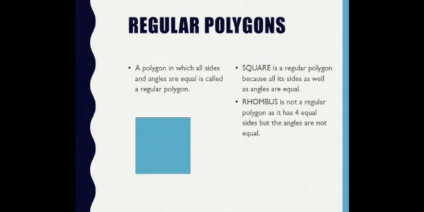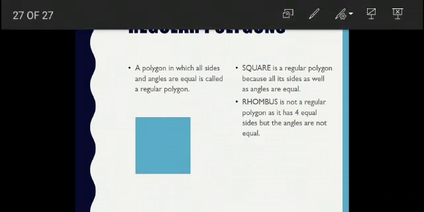So children, I hope that now all the concepts are clear to you regarding the different types of quadrilaterals, and it is clear to you how a square can be a rectangle, a rhombus, or how a rectangle is not a square, or vice versa. So I hope the video is very much clear to you, and please keep on revising this video again and again so that all the doubts are clear.